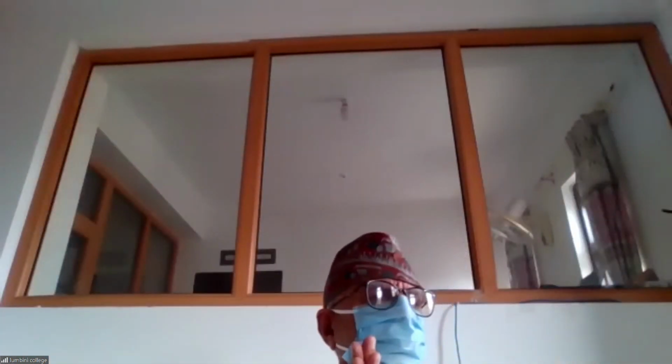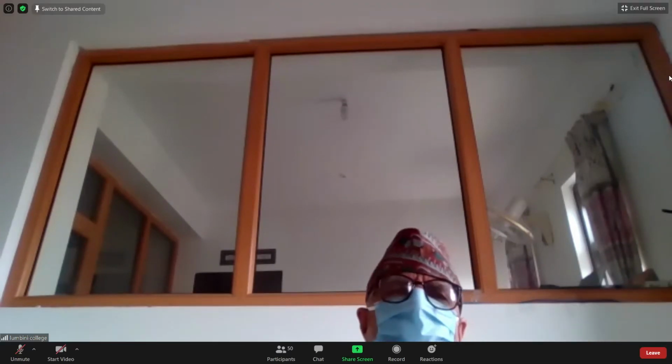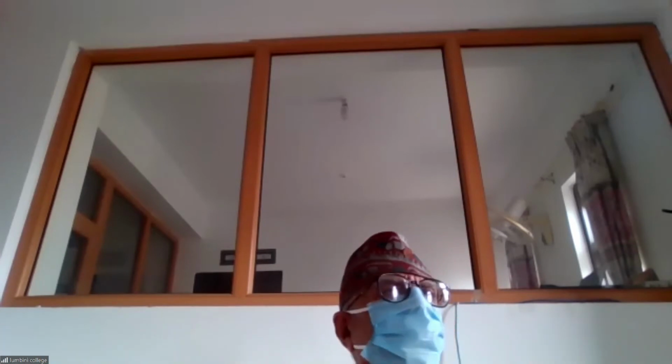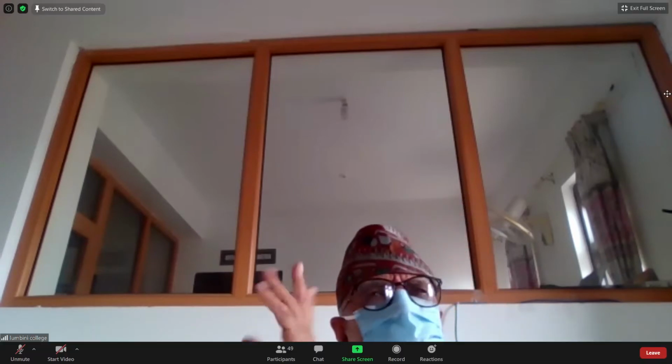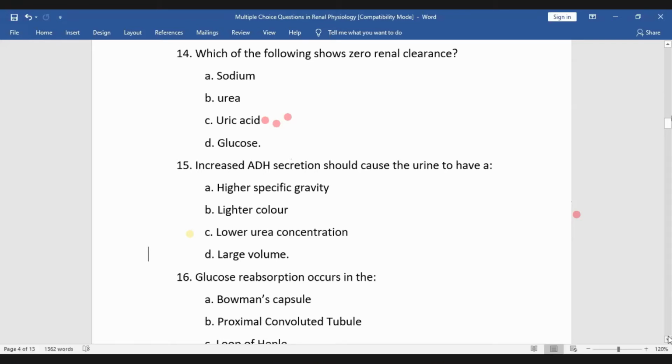Another thing to try to remember, maybe for an oral examination: what is the site of absorption of glucose? Please try to remember, it is only the PCT, the proximal convoluted tubule. It is not absorbed in the loop of Henle, the ascending or descending limb, the distal convoluted tubule or the collecting ducts. Only in the PCT. If the level is very high, we will see what happens afterwards. Glucose reabsorption occurs.